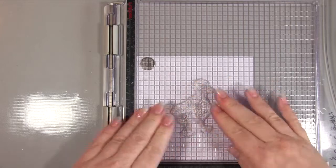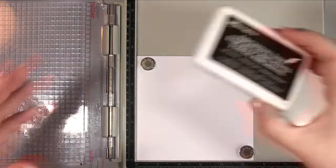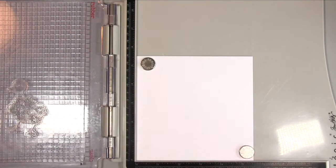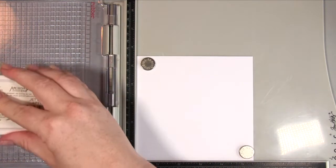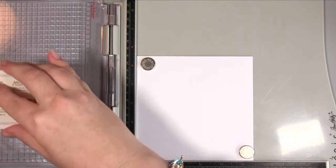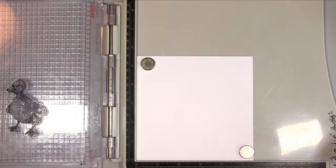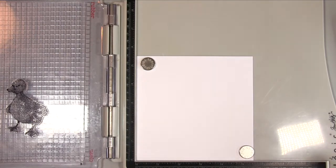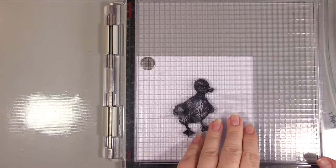Now in hindsight, both my sentiment and my actual animal stamps are of the clear photopolymer, so in later stamps I actually put the two together, but for this one I'm just doing it one at a time. Don't know why I didn't think of it to start with, but anyway, I did this animal first, then my sentiment, and I'm inking up using my archival ink here, which is a really nice ink for this too. So I wanted to be sure that the ink was going to stay put,